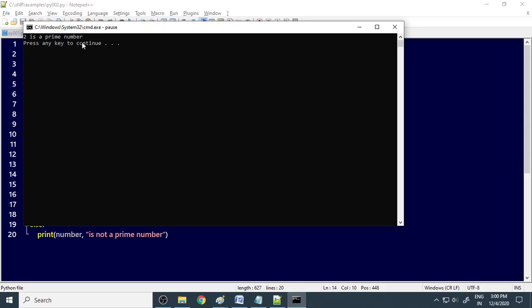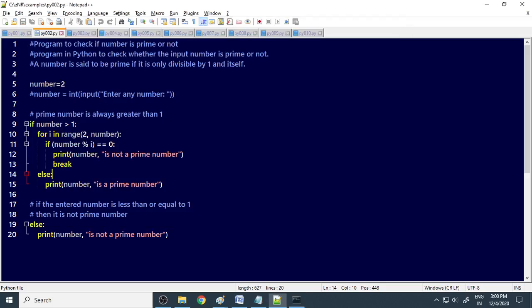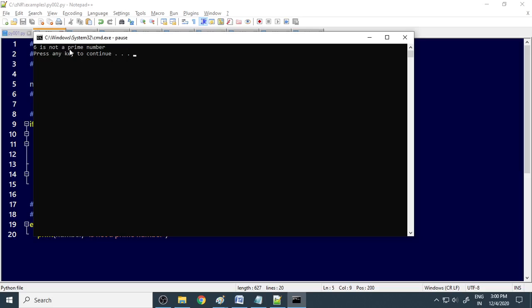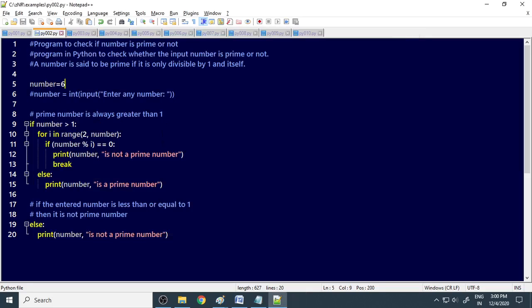So 2 is a prime number because it is divisible by itself and 1 only. So let's try for another number. So let's say 6. So 6 is not a prime number because it is divided by 3. It is divided by 3. Therefore, this is not a prime number. Now what we can do is,